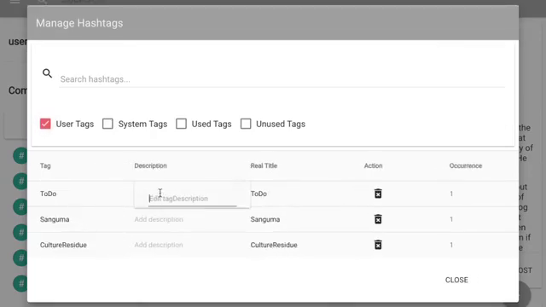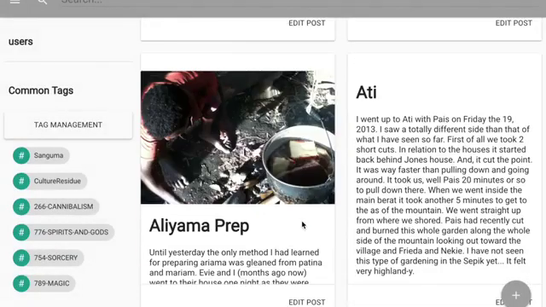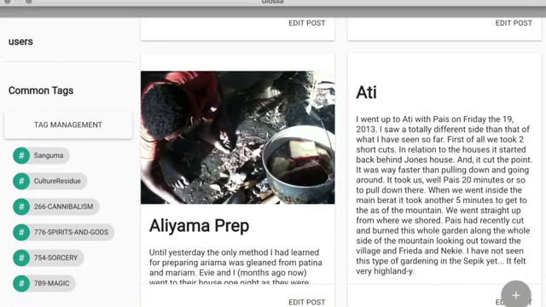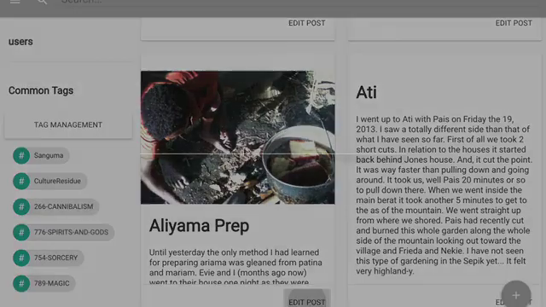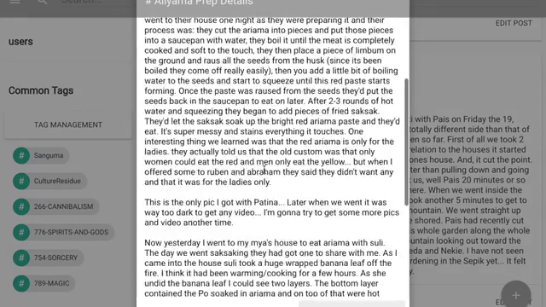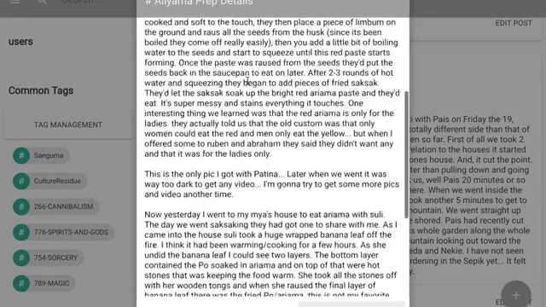added there. I can add descriptions, which make different terms searchable, and eventually we'll be able to bulk edit these tags, these user added tags, and super awesome convenient features for writing documentation. And that's exactly what we're doing. So all right, so here if we go into edit this post, here we have a culture event about preparing Adiyama, which